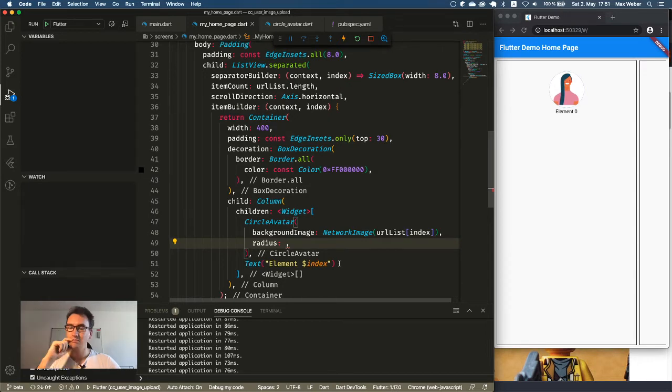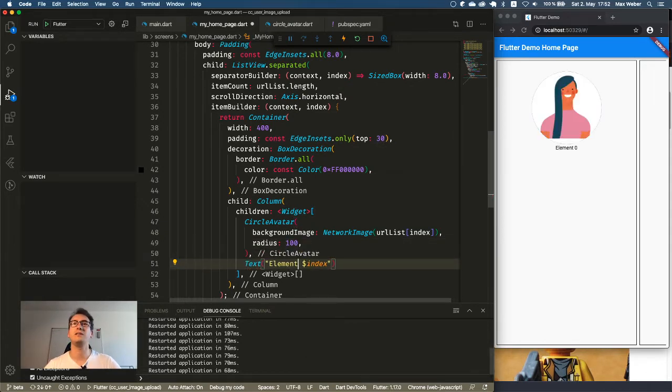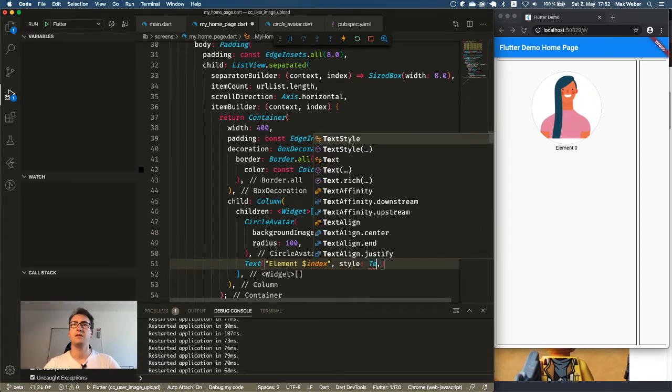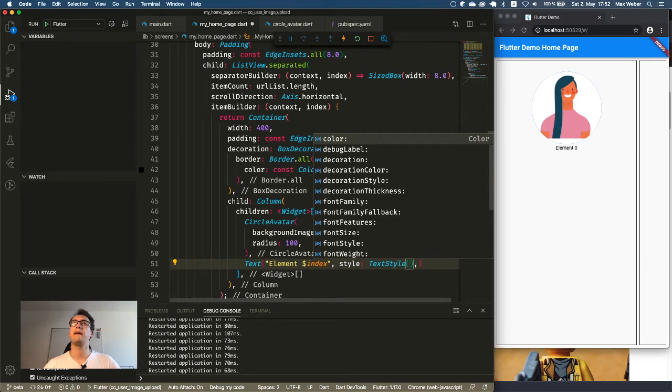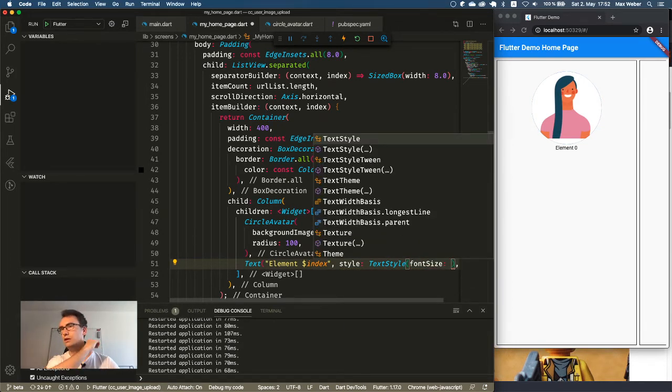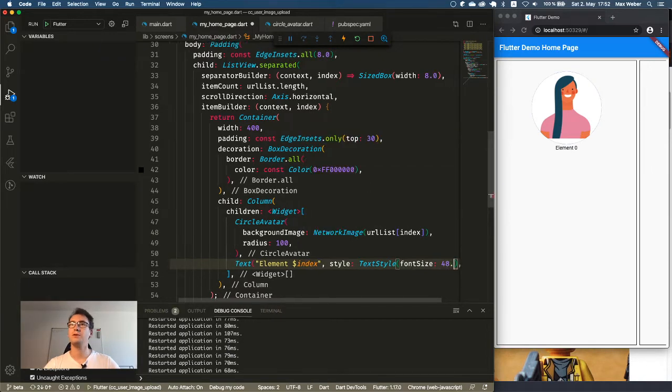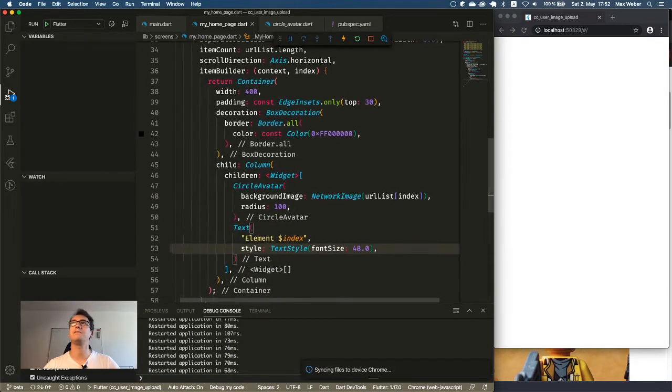Yeah. Good. Yeah, sorry. So we have the radius. Let's see, what do we take here? Let's have it at 100. I think it can be quite big. And also this text here, I want to have a text style for that, and give it a font size of, how big do we do it? I think 48. No worries. Always with pleasure.